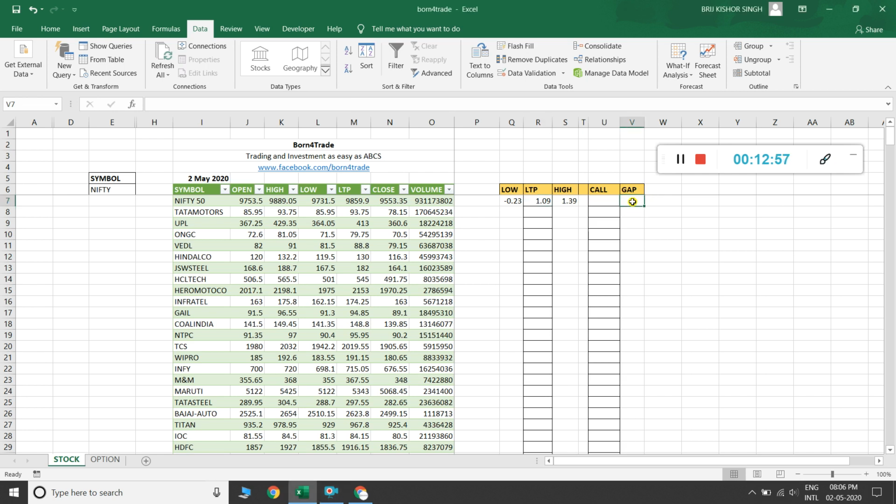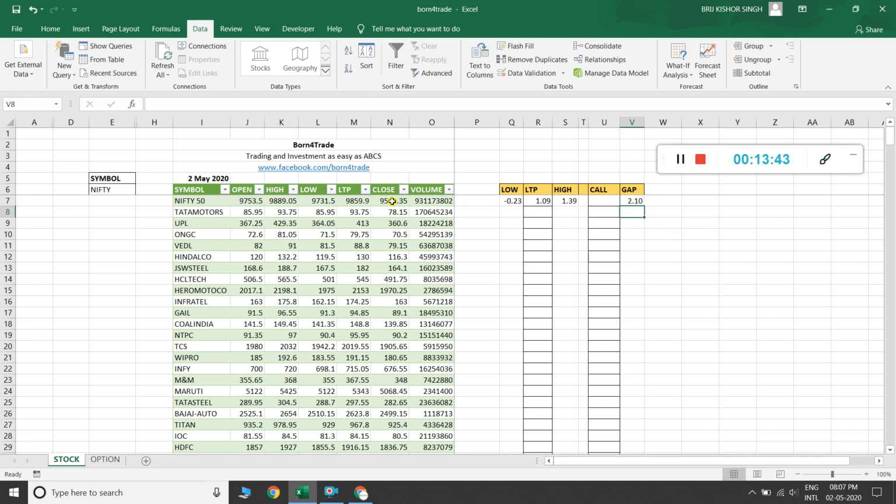Here I click, then plus sign, then bracket, and it is gap, it means I have to compare with open, then I click open, minus, the previous day close, then bracket close, then divided by, again I am comparing with close value, then I put close and into 100, then it gives me a percentage value.